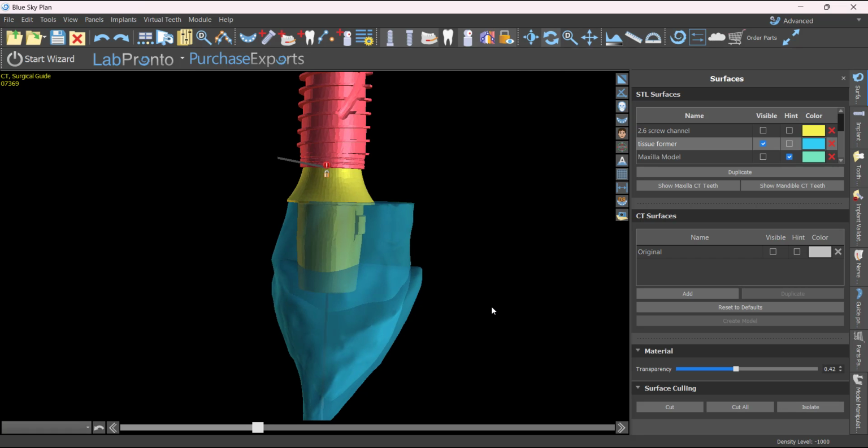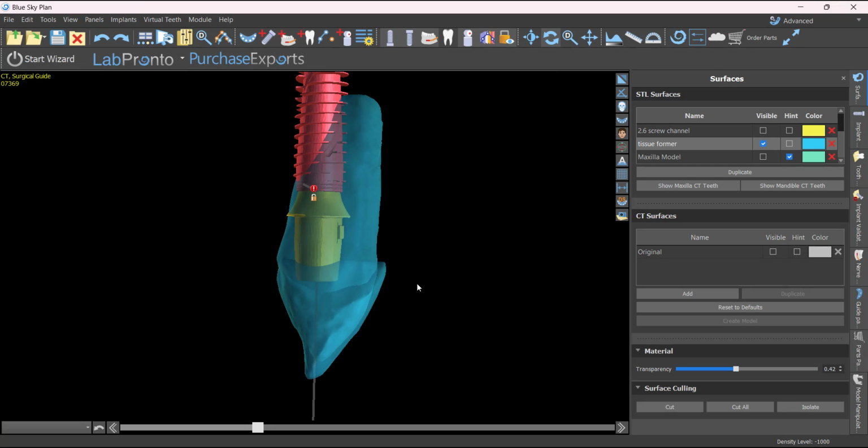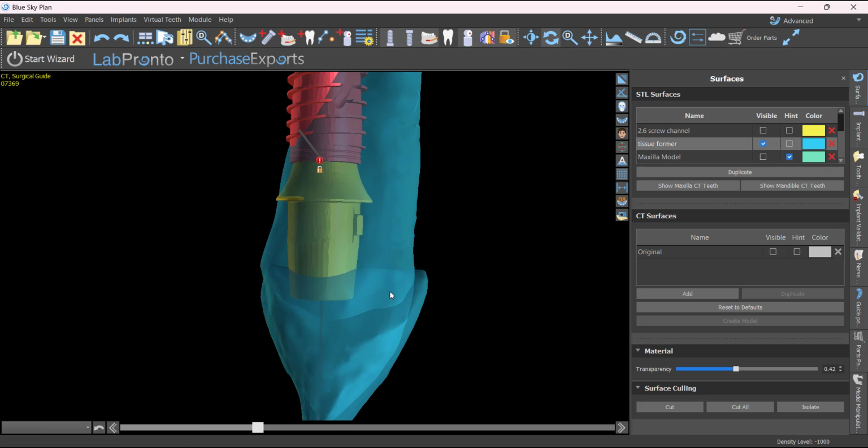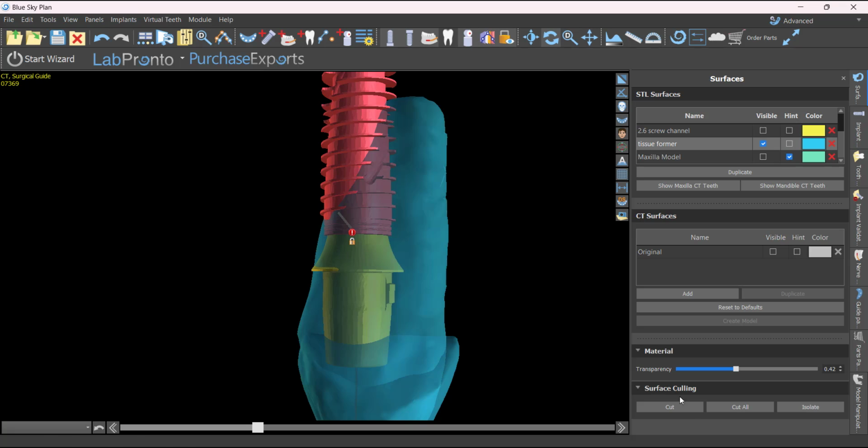Let me undo that. Other option, we could go ahead and try to get this thing as close to perfect as possible before sending it to print. And so just since it's a tutorial, I'll show you that option. I'm still going to cut off a portion of it. Let's go to cut, and I'm going to look right through that connection. Now, I would not recommend you go right to the platform. I would suggest you come a few millimeters up above it,